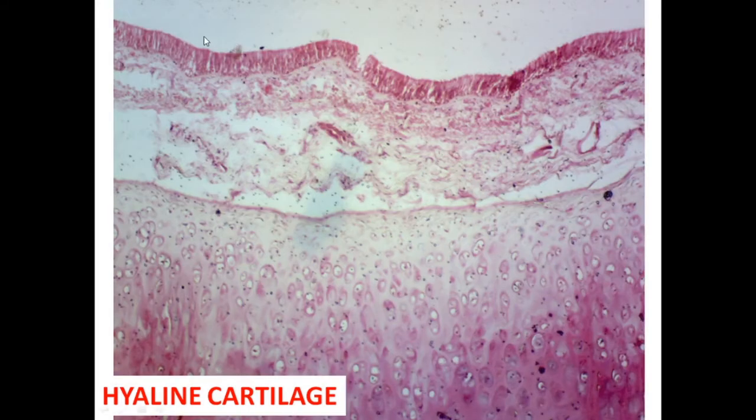So here it is, this pseudostratified ciliated columnar epithelium, and the hyaline cartilage. You can see the cells, a large number of cells, but they are not bundled up together. They are present scattered, they are dividing independently and forming the cell nests. And these are the lacunae which you can see in the slide.